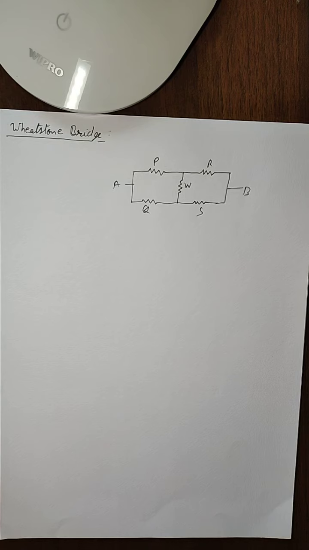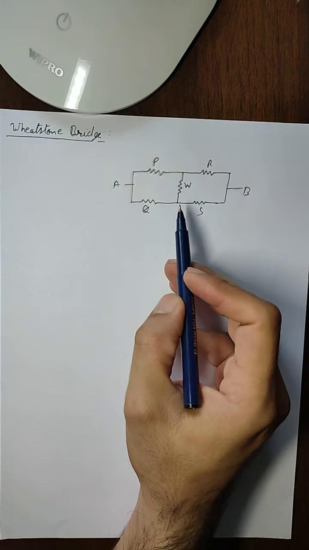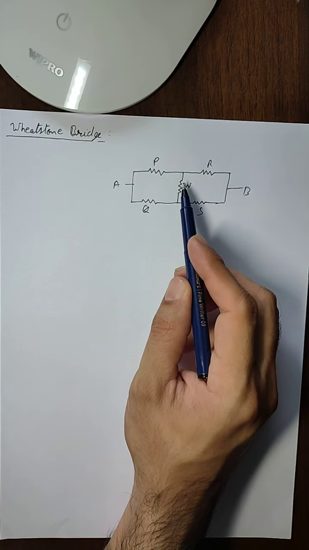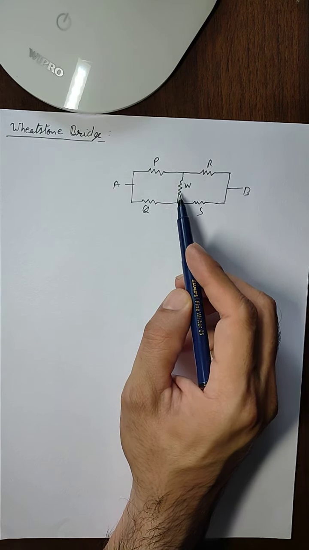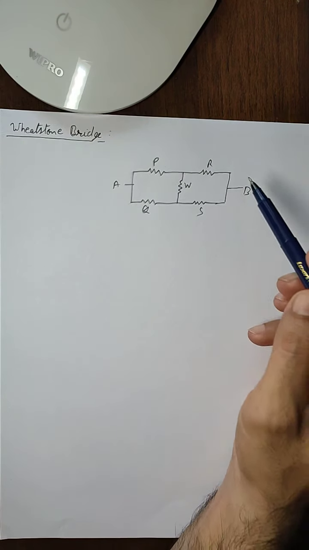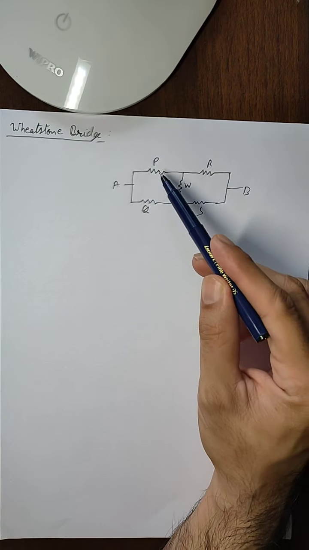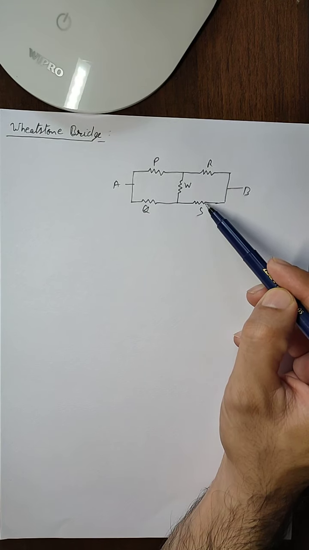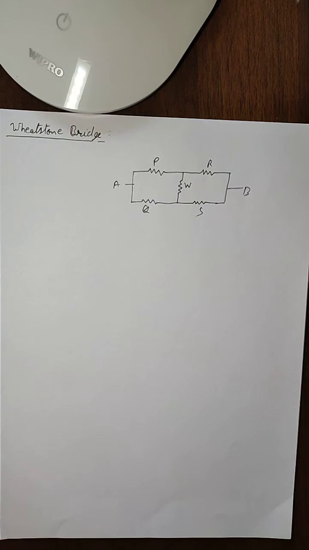Now we studied that in a Wheatstone bridge there are two conditions, balanced Wheatstone bridge and unbalanced Wheatstone bridge. In the balanced condition we knew that there is no current flowing through this middle branch, because the ratio of these two resistors is equal to the ratio of these two resistors. So P upon Q is equal to R upon S. Now this is what we studied in the topic of capacitor. The same principles are applied here. Here we are going to solve it by using Kirchhoff current law equations.